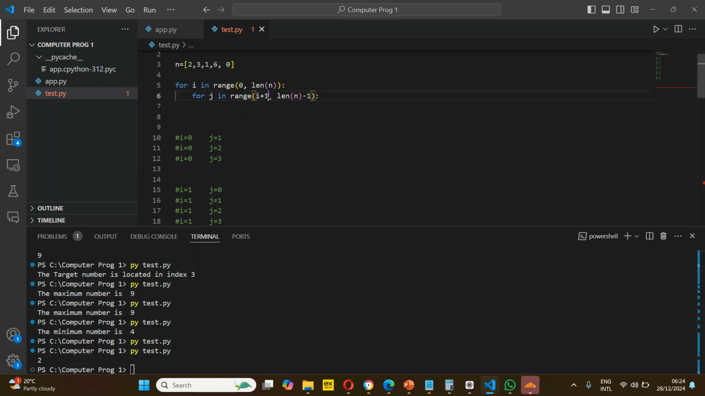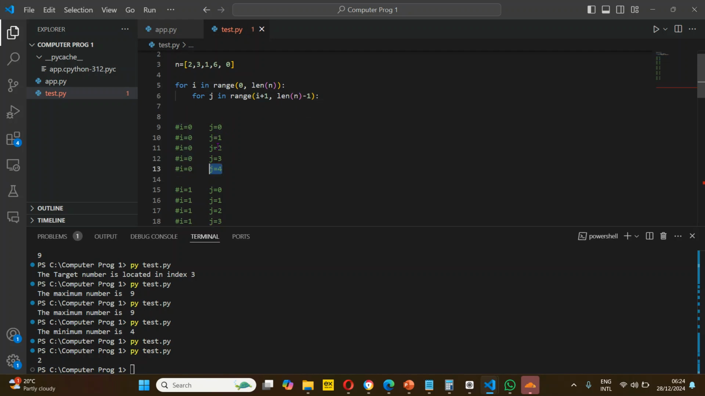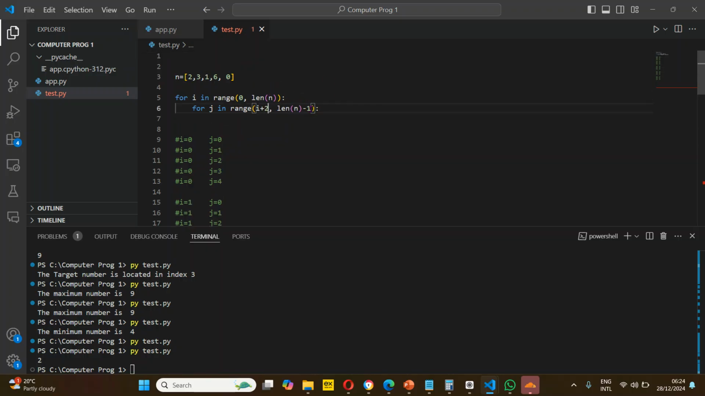What if I say i plus 2, and the length of n minus 2? What happens here? Let's take it back first. So now i plus 2 and length of n minus 2. Now what if I say this? What happens here is